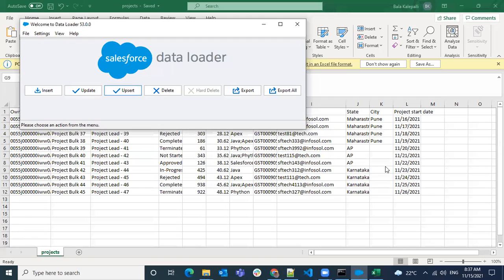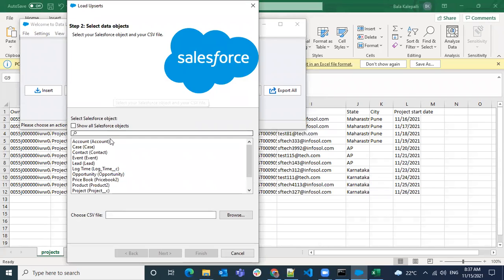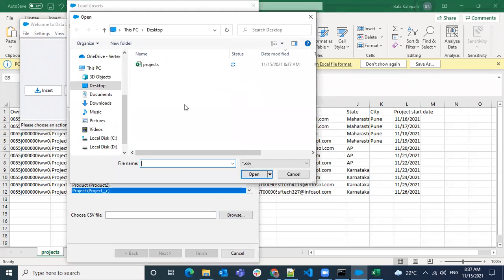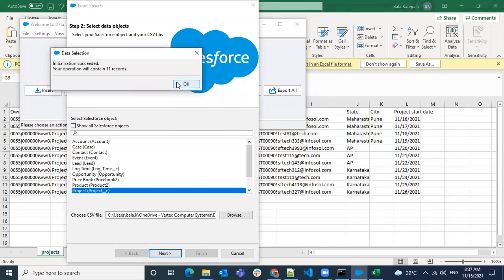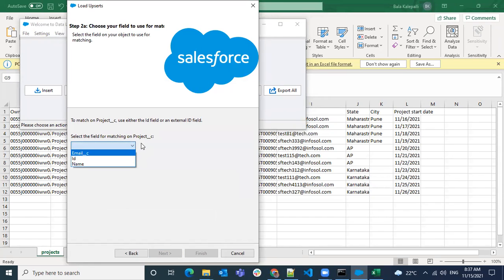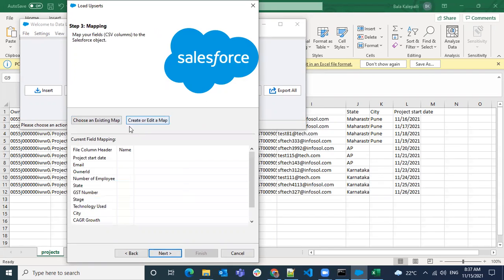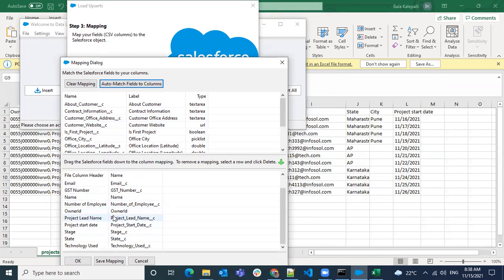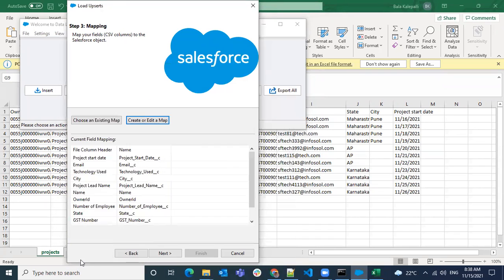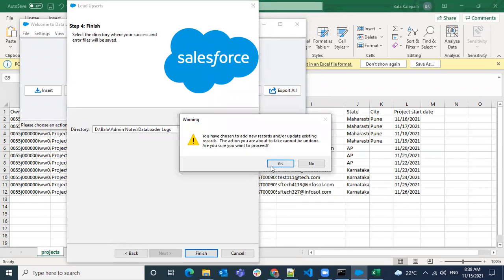We don't have any. Okay, we have one record that failed before, right? So if you use upsert, see how it will behave. Upsert, choose project and choose a file, same file, and do next, 11 records. And here, what is the ID you want to use? We're doing an upsert. So what are all the options we have? Email, ID, and name. So I want to use the email as a key here. Okay, then just use existing mapping. We have one more thing, project start date. I'm doing auto map, so that one also got mapped. So okay, then do next, finish, done.